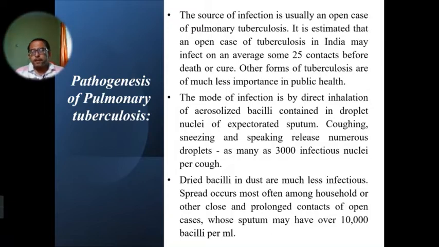Now you can see here, it is estimated that an open case of pulmonary tuberculosis patient in India may infect on an average of 25 contacts, meaning 25 persons, before death or cure. And other forms of tuberculosis are of much less importance in public health, but pulmonary tuberculosis is the most important. Now the mode of infection,